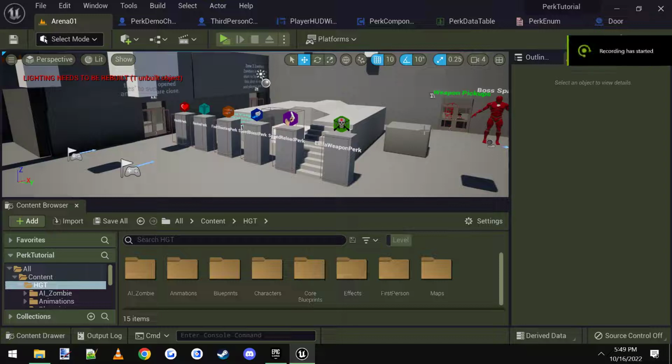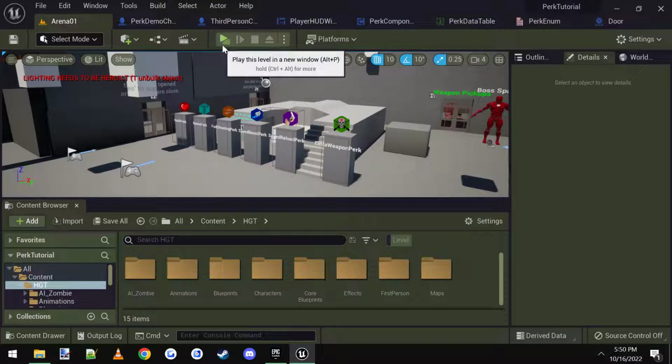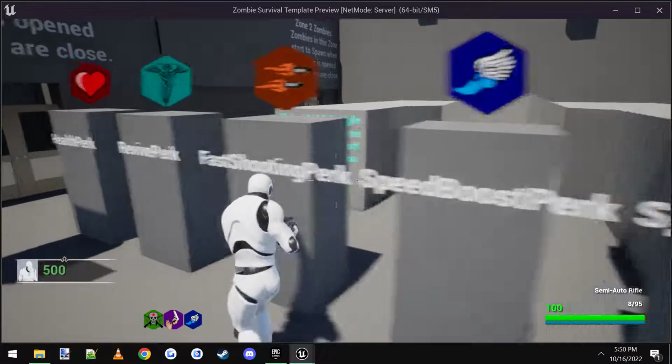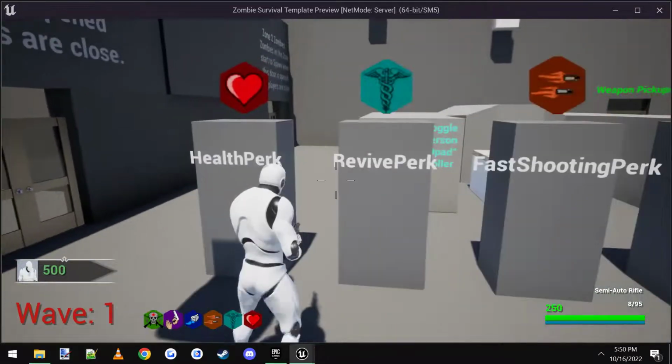Hey everybody, it's going to be a quick tutorial for the perk system in the multiplayer zombie survival template, to show you how you can make the perks purchasable with points. By default, I'll show you, you just simply touch them and you get the perks just by touching